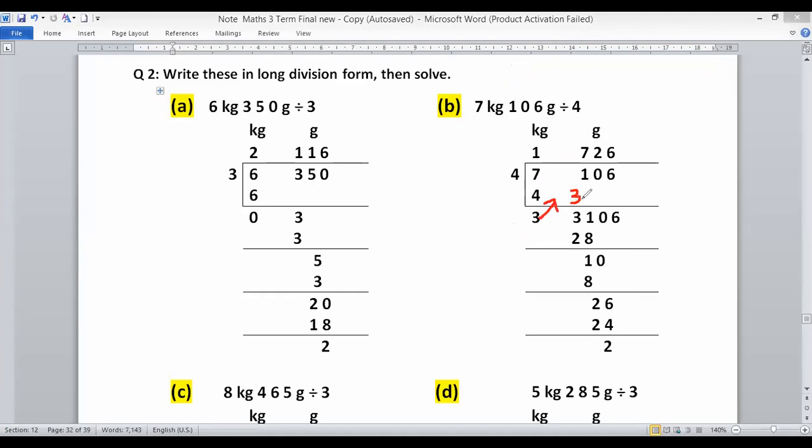Therefore, we change kilogram into gram. First of all, we write 3000 here and then we add. We will see how many total grams we have. Here we have 106. We convert these into grams and then we divide. 6 plus 0, 6. 0 plus 0, 0. 1 plus 0, 1. 3 right as it is. So we have a total of 3106 gram.